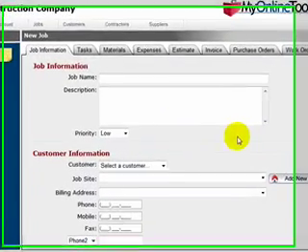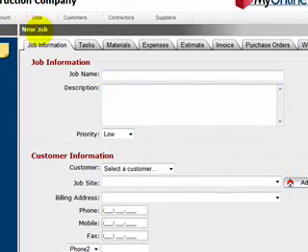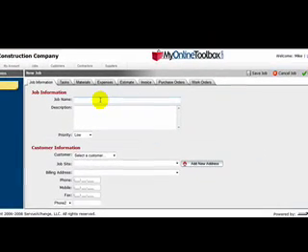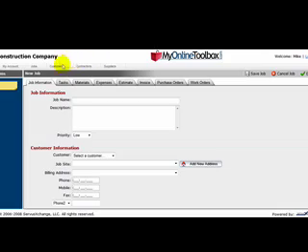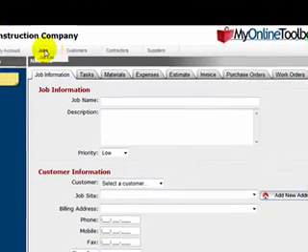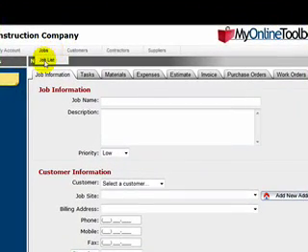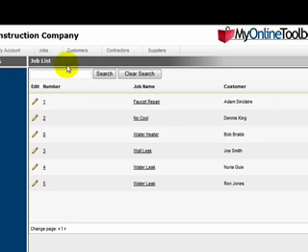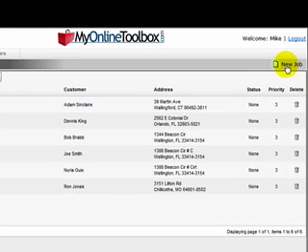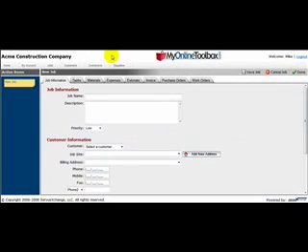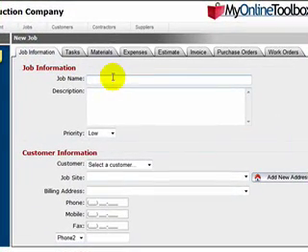Now I'm here in MyOnlineToolbox. I'm at a new job screen and I'm in the job information tab. This is where the job information would be entered. Now you would have gotten here by logging into MyOnlineToolbox. You would then navigate to the main menu bar, hover over jobs, and choose Job List. That brings you to the Job List screen. You will then navigate to the right to the toolbar, choose New Job. That opens the New Job screen, and we're here at the Job Information tab where we'll begin to fill out